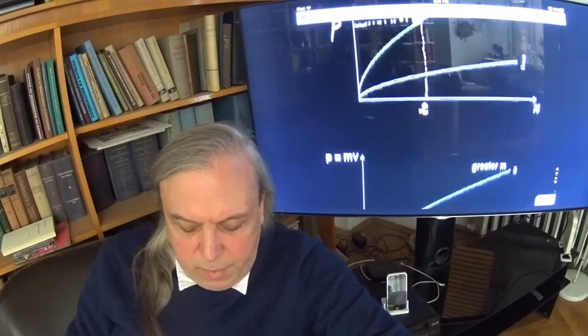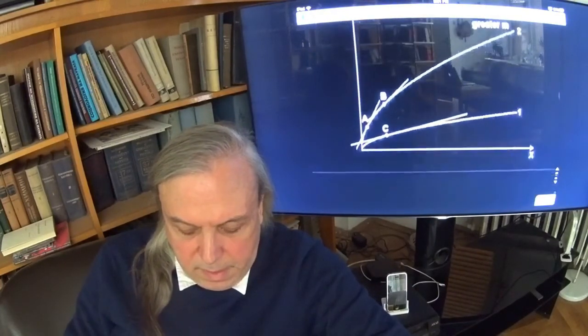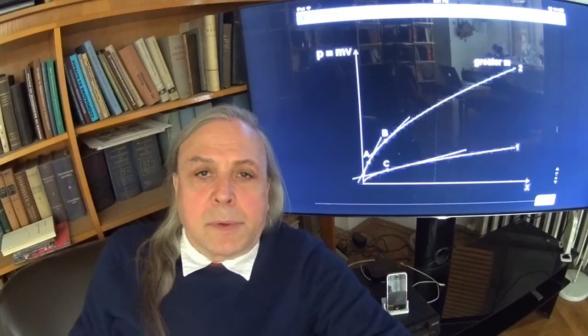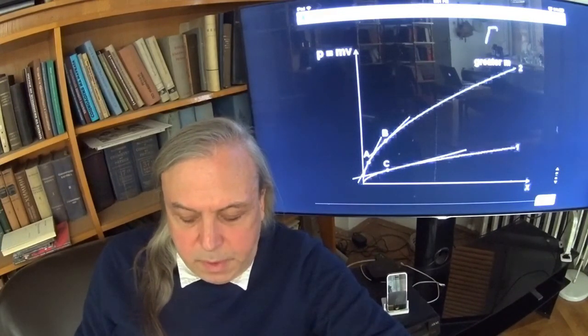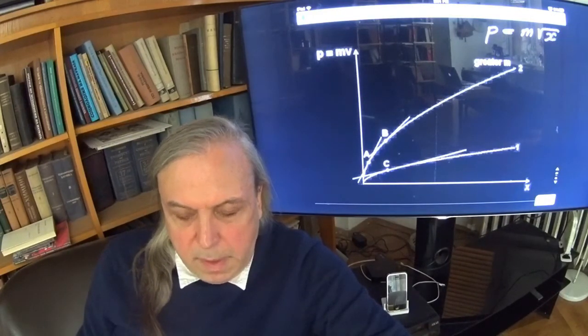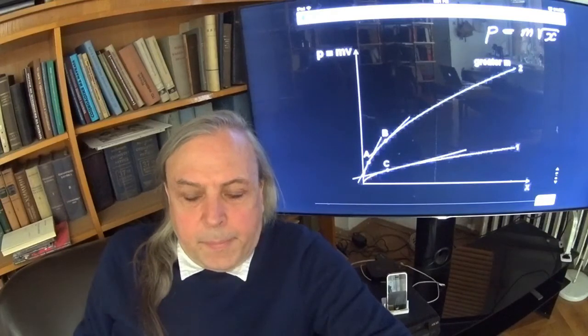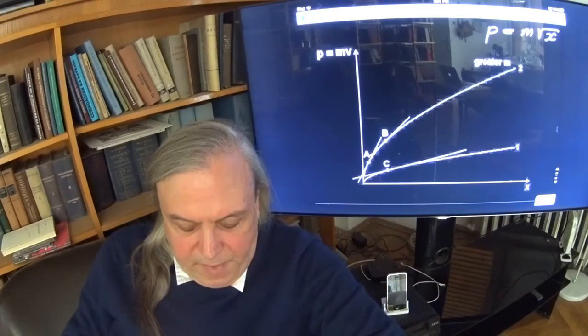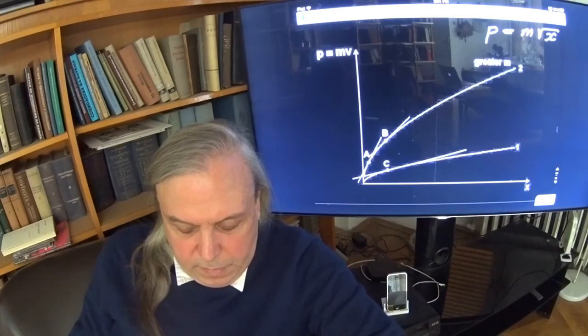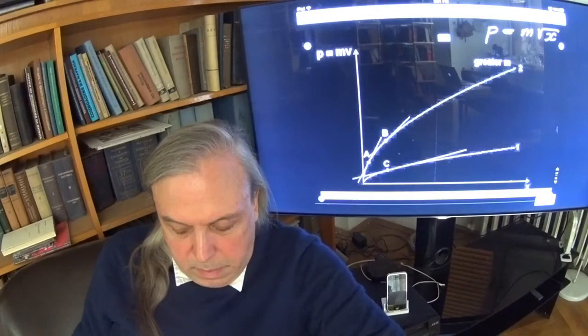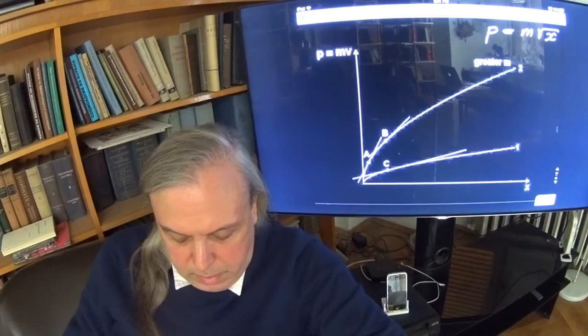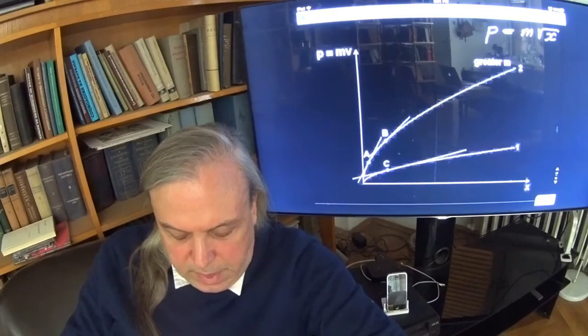So, even according to mathematics, there is more to the function p equals m square root of x. At every point of the curve, there is a slope. For instance, at point A,